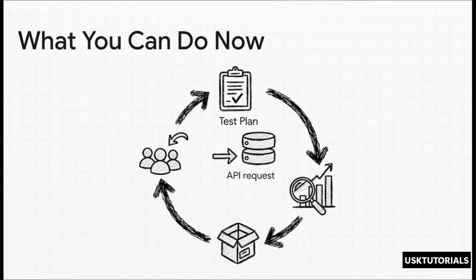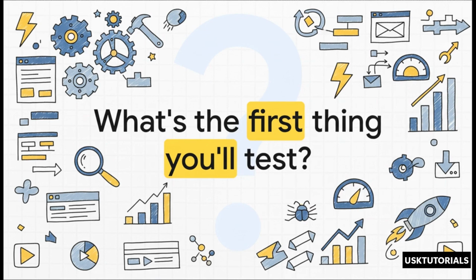And that's it. You've just learned how to build and interpret a real performance test. You now have the fundamental skills to create a test plan, simulate a crowd of users, and analyze the results to make sure your application is actually ready for the real world. So what's next? You have the tools now, you have the knowledge. So what's the first thing you're going to test in your own application? What's that one critical feature you need to be sure about? The answers to those questions, well, they could be the key to building